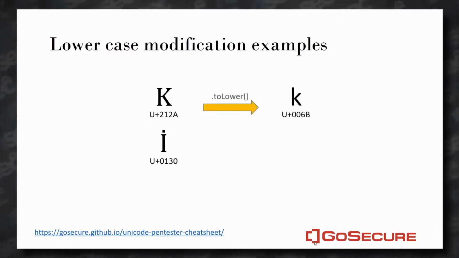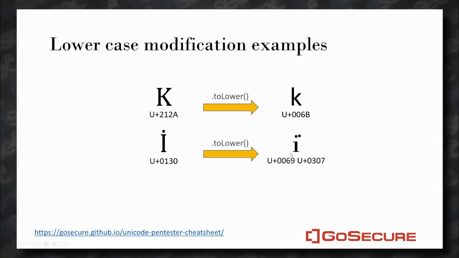K will work. If we do a lowercase of U+212A, which is the Kelvin degree symbol, it will become 6B, which is ASCII k. So if you're comparing hosts, and one of your hosts could be Facebook, IKEA, or VK, I don't know, you can possibly put U+212A if you're trying to bypass the filter. There's also this Turkish character that can become lowercase i along with some apostrophe.